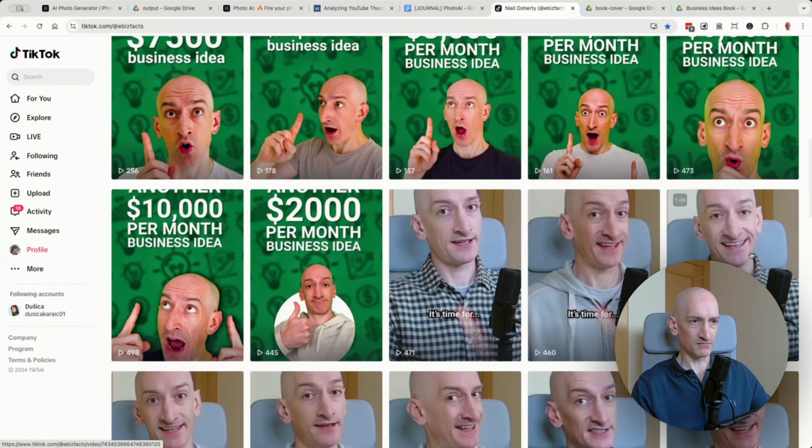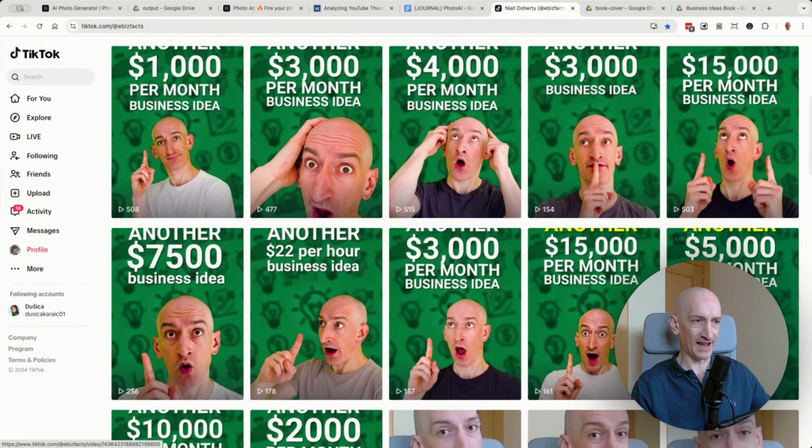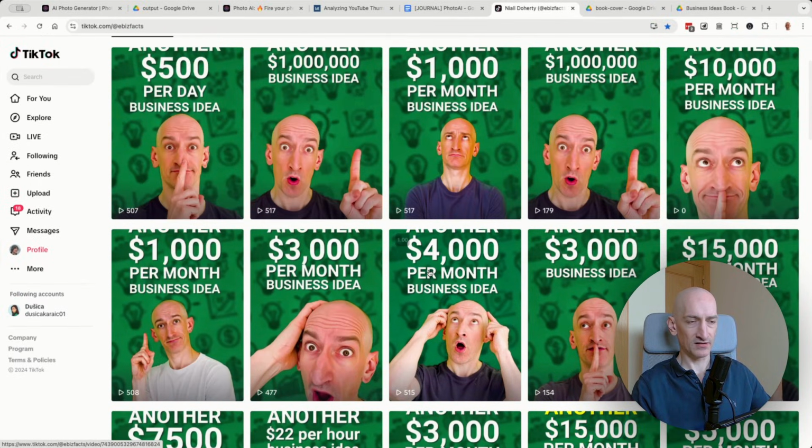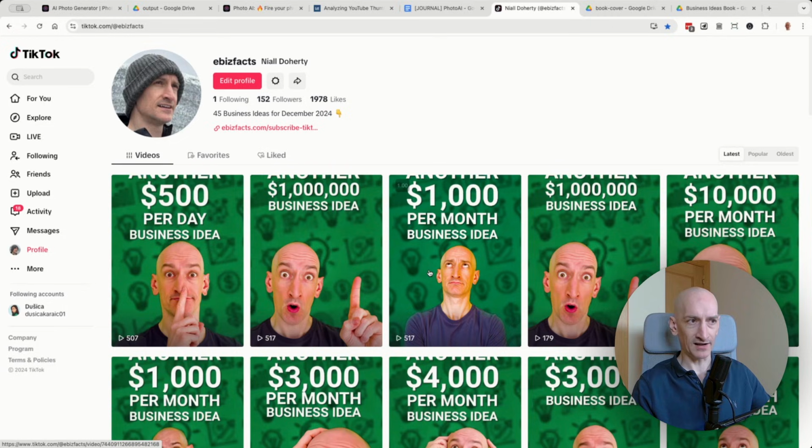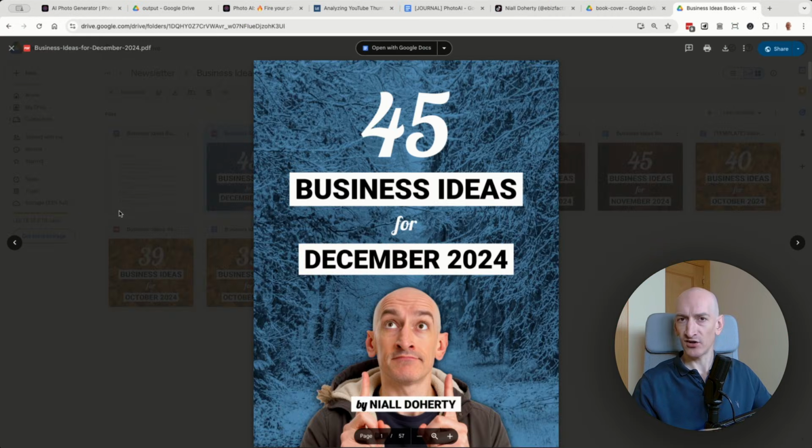So before, I was just using a default thumbnail. After, I was using these thumbnails with the image of me generated with Photo AI. I think they look much better. And another thing I wanted to use Photo AI for was to generate images of myself for book covers like